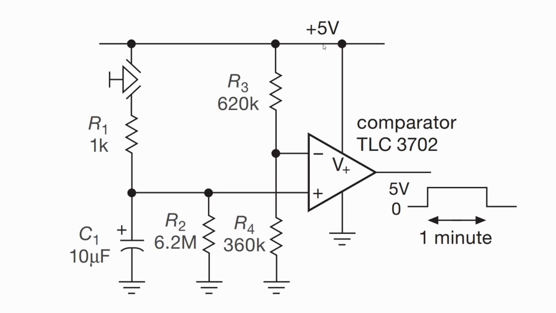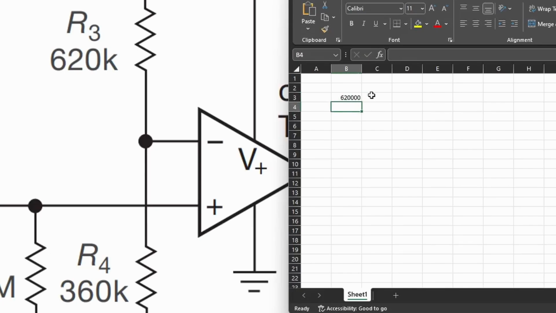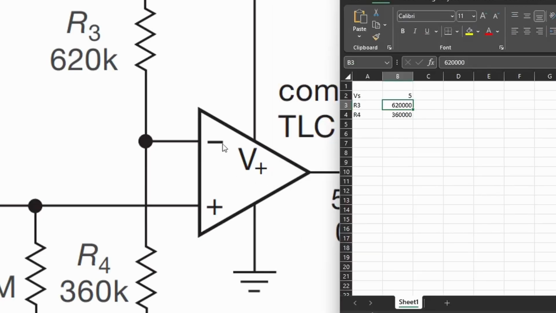We have a power supply voltage rail of 5 volts. So doing the maths on this, we have a 620,000 ohm resistor R3, and our R4 resistor is equal to 360,000, and our top voltage on this potential divider is equal to 5 volts. So in order to calculate the voltage that appears at this node here, let's call that node VA,